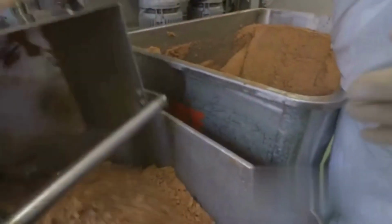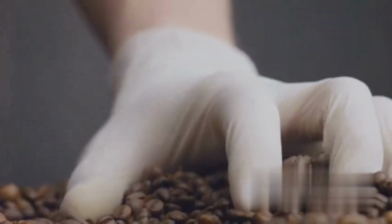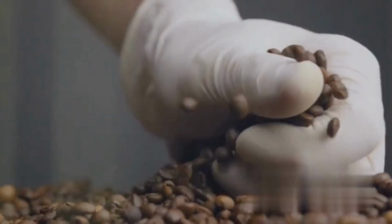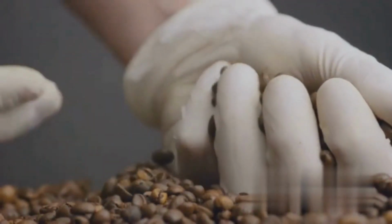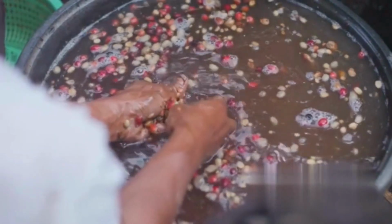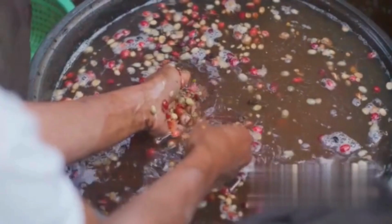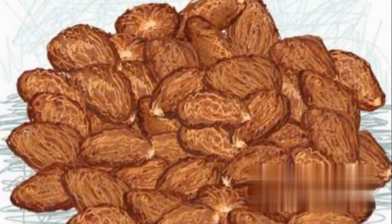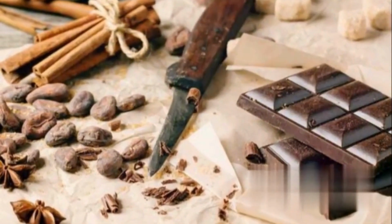Only the best are selected, and any defective or damaged beans are promptly removed. This selection process is meticulous, ensuring only the highest quality beans continue on the journey of becoming a chocolatey delight. Following the careful selection, these beans are then thoroughly cleaned. This step is vital to remove any dirt, debris, and other foreign particles that may affect the taste of our